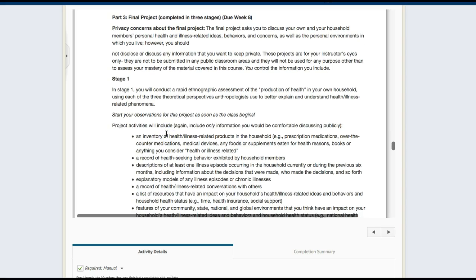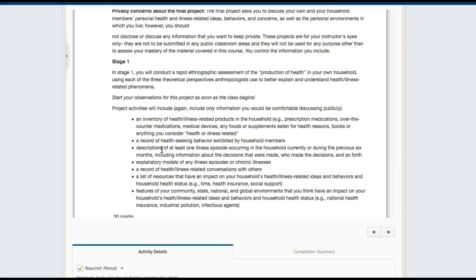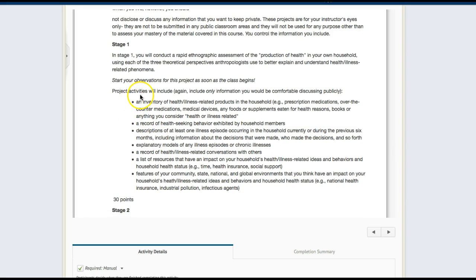So in stage 1, you're going to conduct a rapid ethnographic assessment of the production of health in your own household using each of the three theoretical perspectives that anthropologists use to better explain and understand health and illness-related phenomenon. So you really want to begin these observations early, as soon as the class begins. So project activities will include, and again, only information that you would feel comfortable discussing publicly, an inventory of health and illness-related projects in the household that includes prescription medications, over-the-counter medications, medical devices, any foods and supplements eaten for